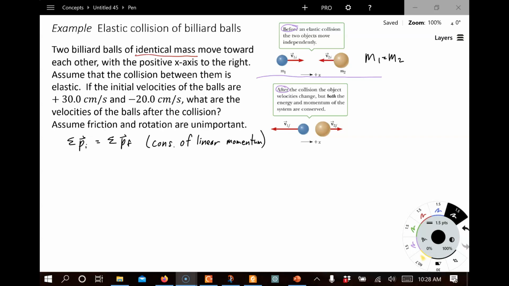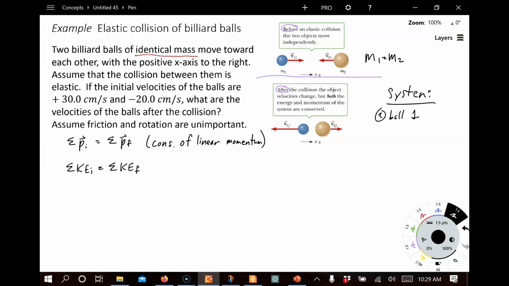Now in an elastic collision, we also have the conservation of kinetic energy as well. So whatever the initial total kinetic energy is, the sum for the objects in our system, it's going to be the same when we add up those numbers in the end. And of course our system here consists of just two objects, ball 1 and